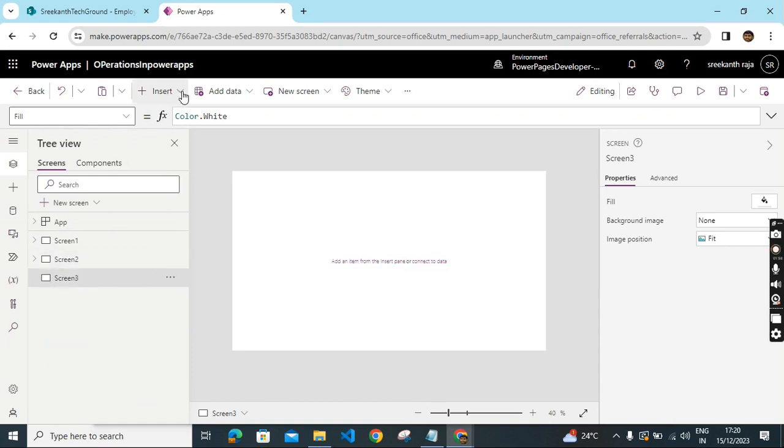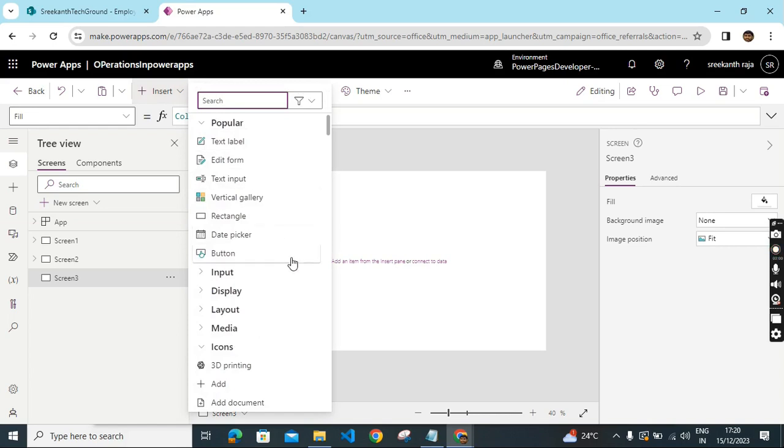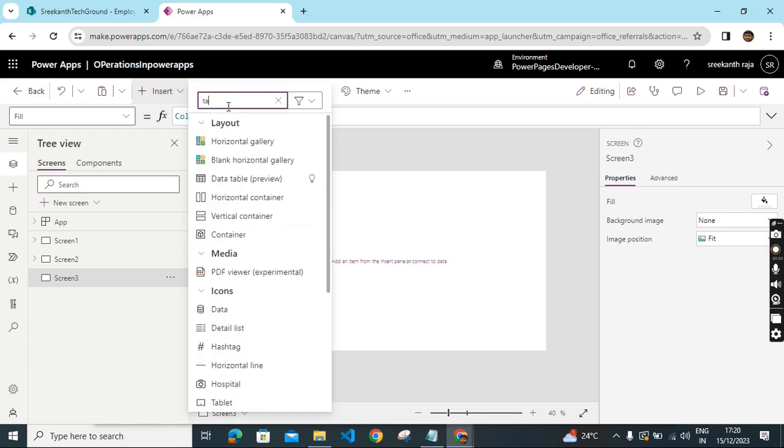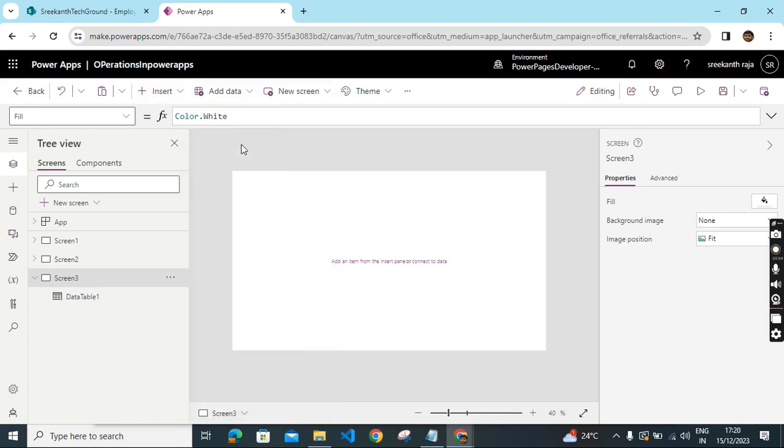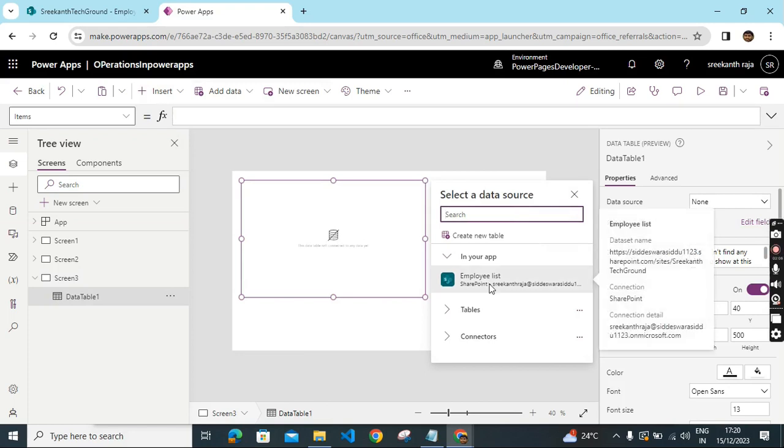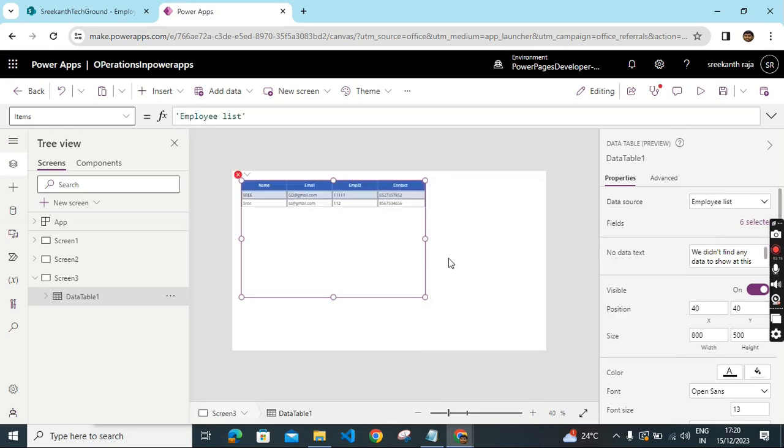Here we have to create one data table, create data table. Here we can add the data source in our SharePoint list. SharePoint list is the data source for our data table. Click on employee list here, so we can drag here